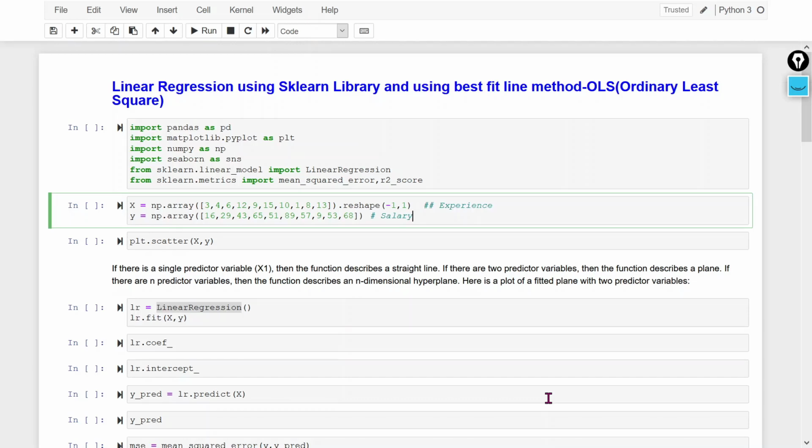Today I am going to discuss linear regression using the sklearn library, where we are going to use the best fit line method, OLS. We also call it ordinary least squares. First we will understand the mathematical intuition behind linear regression. Then we will perform the hands-on and also understand the math behind linear regression in